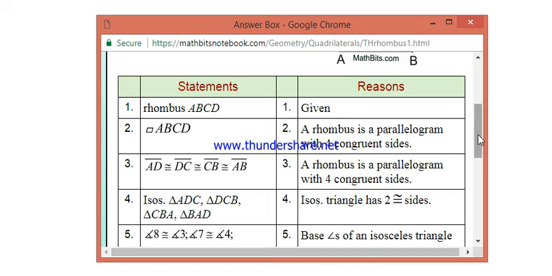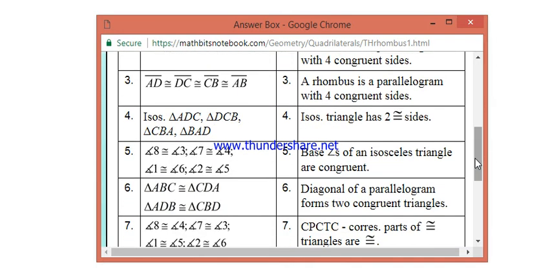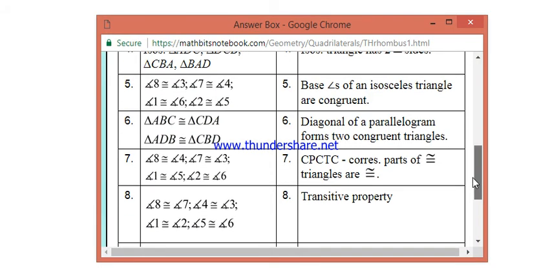Number 3, line AB is congruent to line DC and congruent to line CB and congruent to line AB. A rhombus is a parallelogram with 4 congruent sides. Number 4, isosceles triangle ADC and isosceles triangle DCB, triangle CBA, and triangle BAD are isosceles, and the reason is isosceles triangles have 2 congruent sides. Number 5, angle